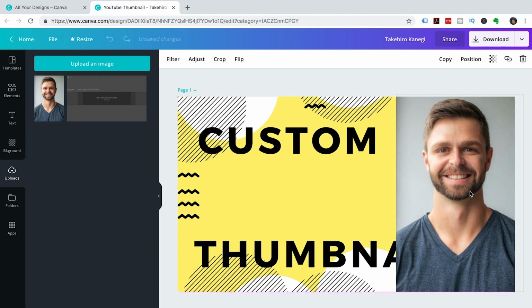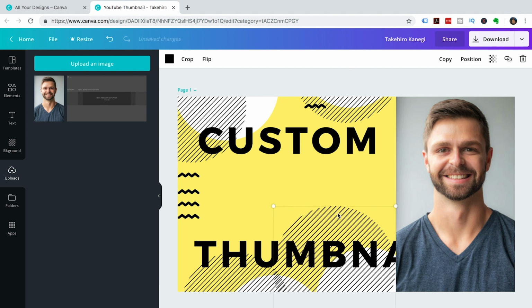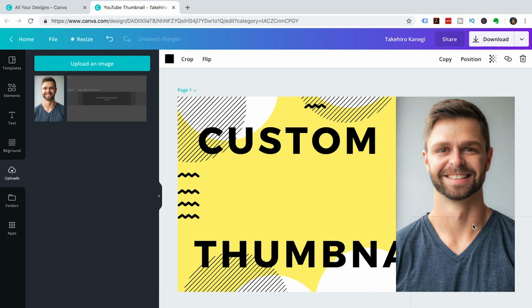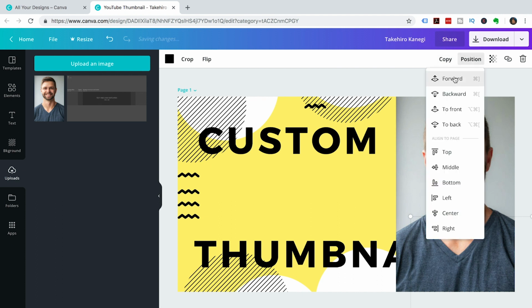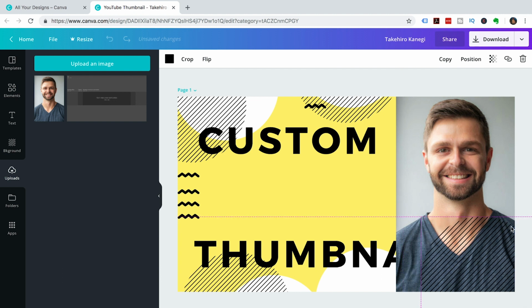It's important to have your face on your thumbnail so that people can connect with you. Let's bring this circle up a bit and then resize it so it's a tiny bit bigger, and then drag it over to the right and bring it forward so it's in front of your image. So all this does is it breaks the harshness of your photograph being different from the rest of the elements